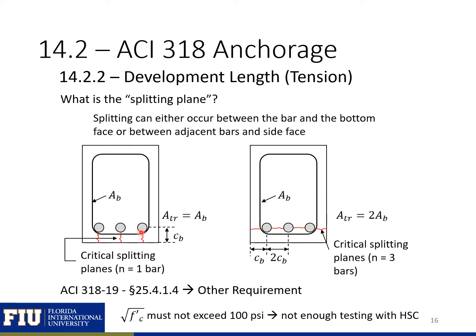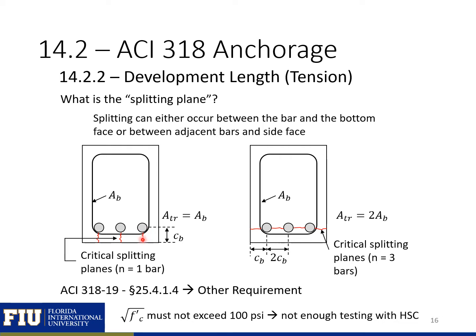If we have the splitting failure between the bar and the bottom of the beam, our area of the transverse reinforcement crossing that splitting crack is going to just equal the area of the bar, because there's only one leg of reinforcement crossing the splitting crack. You can see that there's only one bar involved in this splitting failure. So in this case, our N is equal to 1 bar. And the CB is the distance between the center of this bar and the outside face. So CB would be half of the diameter of the bar plus the diameter of our stirrup or tie plus